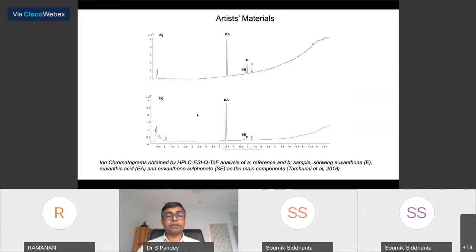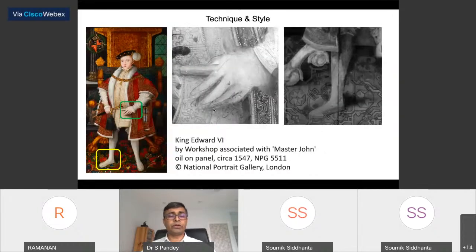Right? So this is another way of studying artist material. There are hundreds of ways of studying artist material, some destructive, some non-destructive, non-invasive. So we try and use non-invasive. Technique and style. I talked about technique and style. When we say technique and style,